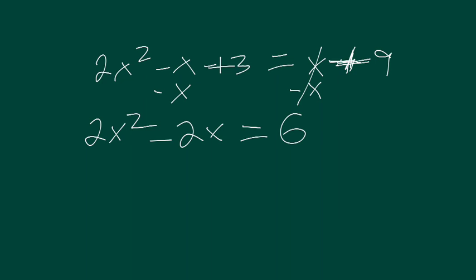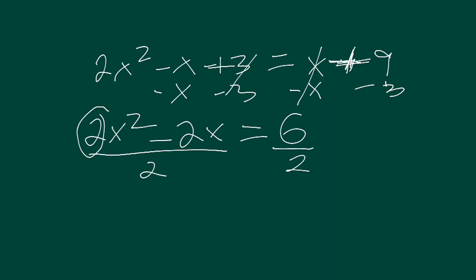Okay? So we kind of did two steps at once there. We subtracted x from both sides and got the variable terms on the left-hand side. And then I also subtracted 3 and got the constant on the right-hand side. Okay? So now our a value is 2. We've got to divide every term by 2. Every term. So we have x squared minus x equals 3. Okay? So now if we continue on the next,